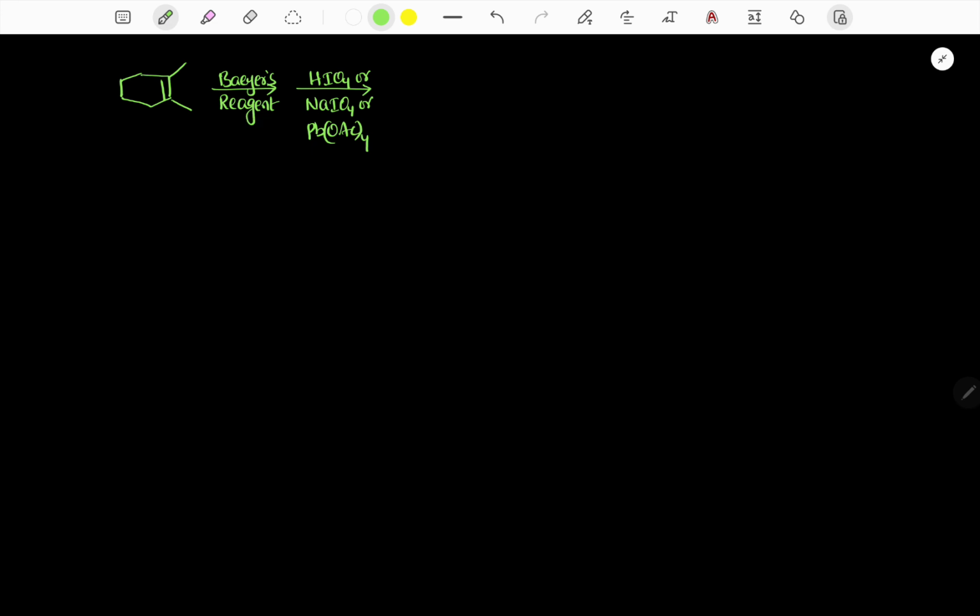Alkene treated with Baeyer's reagent. Baeyer's reagent is cold alkaline KMnO4. So when an alkene is treated with Baeyer's reagent, this reaction is known as syn hydroxylation. Syn hydroxylation. Therefore, at the double bond position, we should write simply